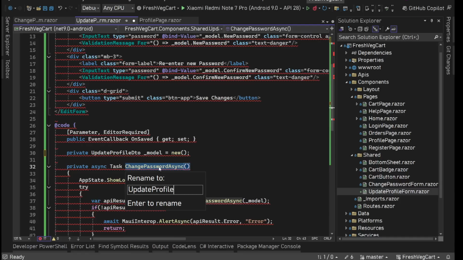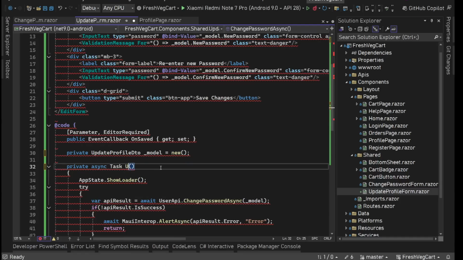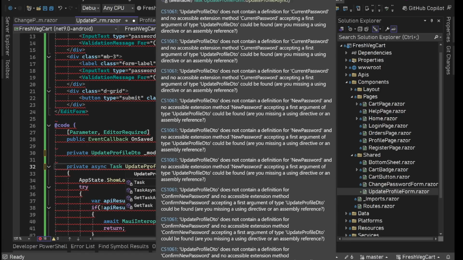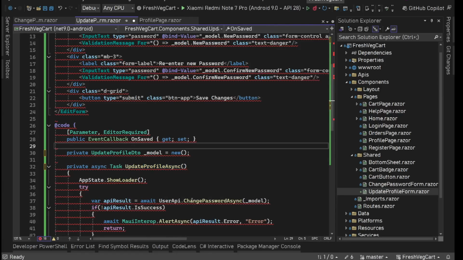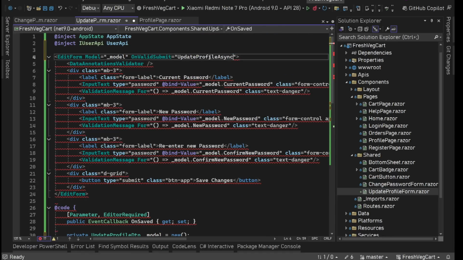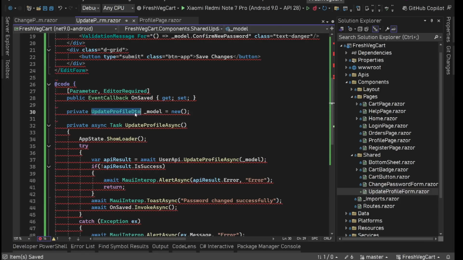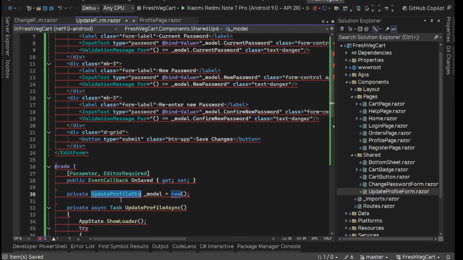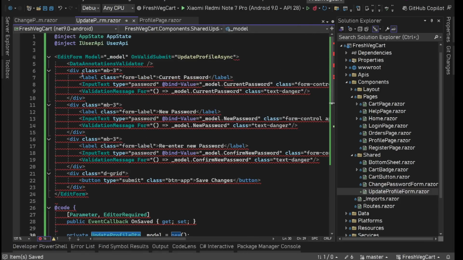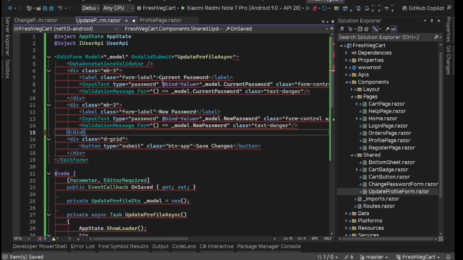Update profile async, and nothing is happening. So update profile async like this. Let's copy this, paste it here, and on valid submit we'll add it here. This is complaining because we changed this model and all these properties are not on this model update profile DTO. So in this thing we are just going to have two text boxes. We will remove type text,